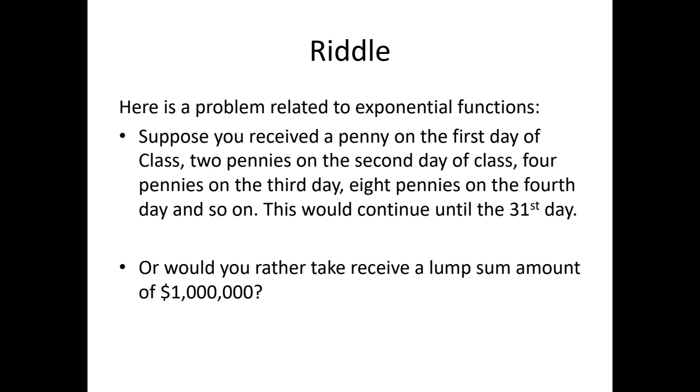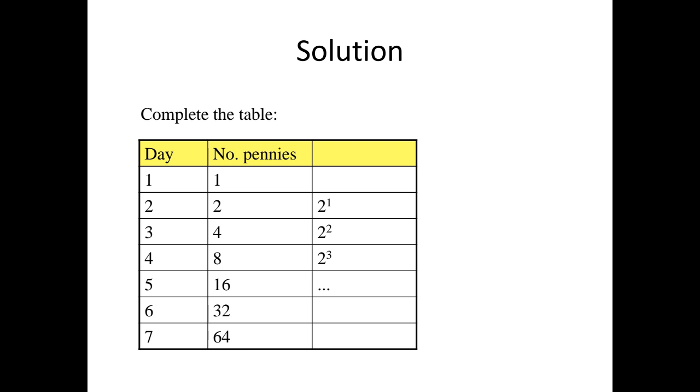Would you like to take this option of getting 2 pennies and being doubled for 31 days? Or would you rather take a lump sum amount of $1 million? So, I asked them which one they would want to take. And again, most of my students would say that they want the $1 million. But this explanation that I'm talking about, if we try to do the solution here with the pennies,